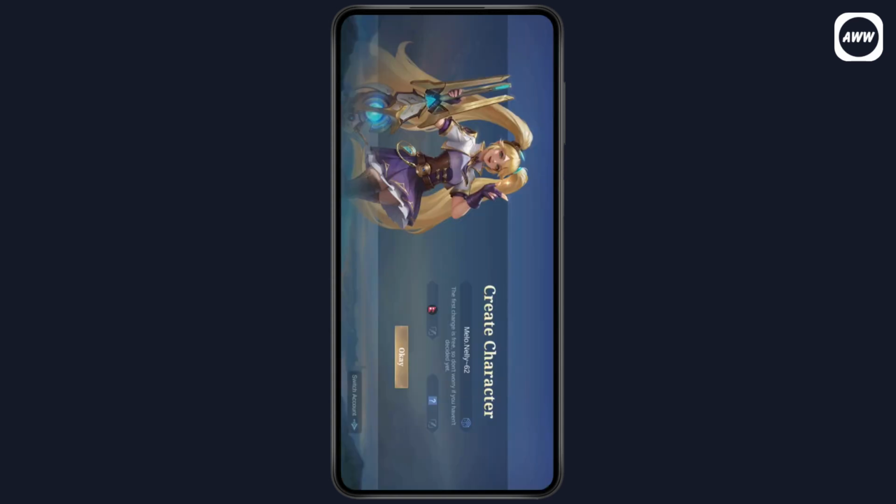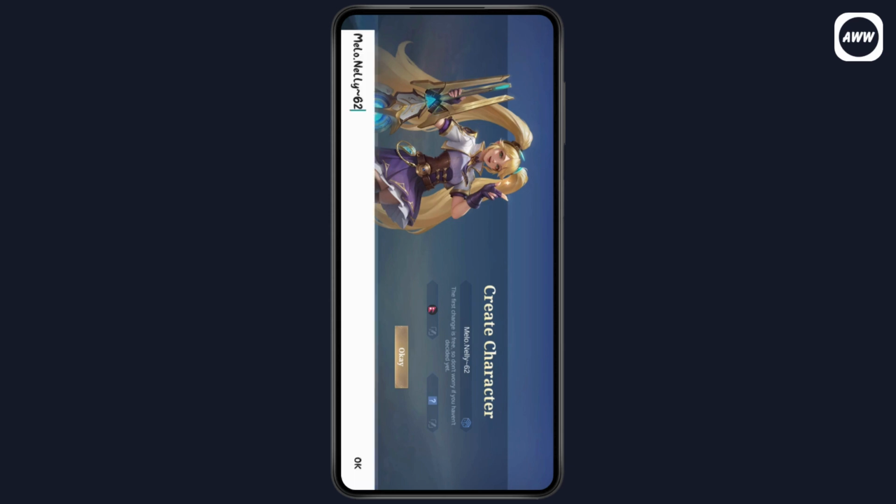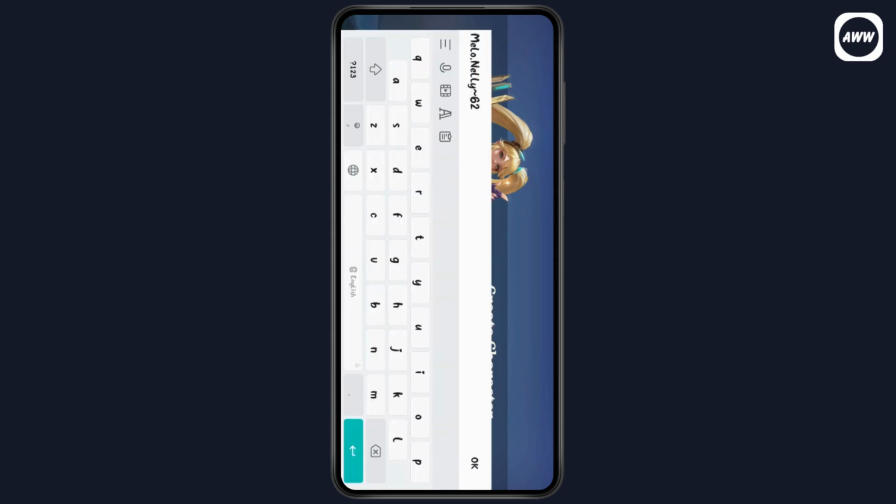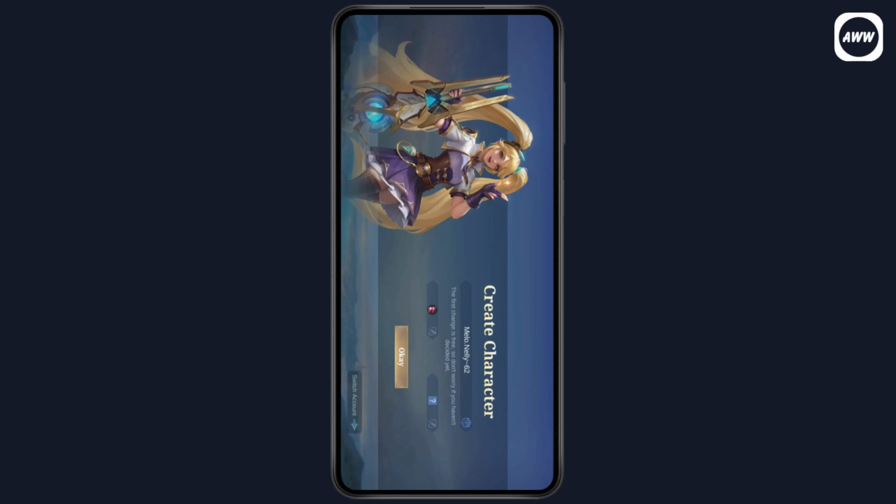And once it loads, you just need to simply go with the name. Here you will have an option of create character, right? Simply choose the name. It will already give you a name, but if you don't like that name, then you can remove it and add another name if you would like to. But if you're okay with that, then simply tap on OK and then go with your country or your region